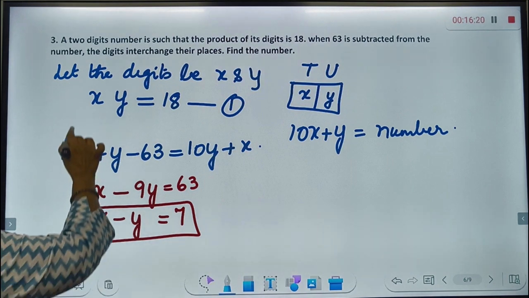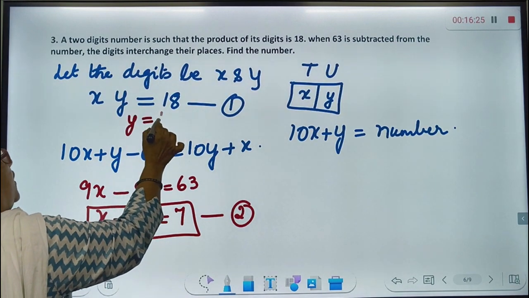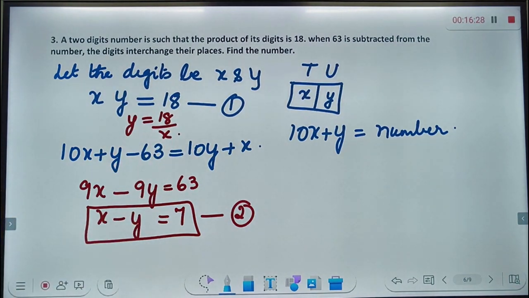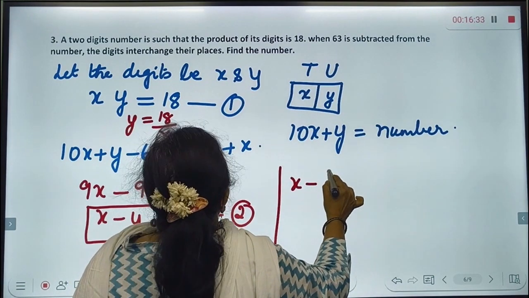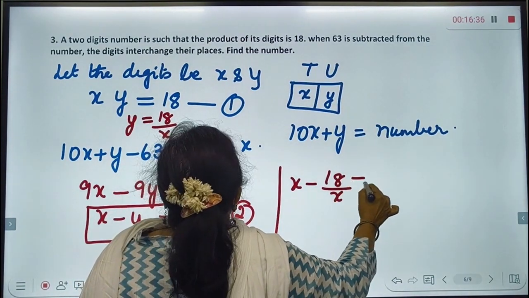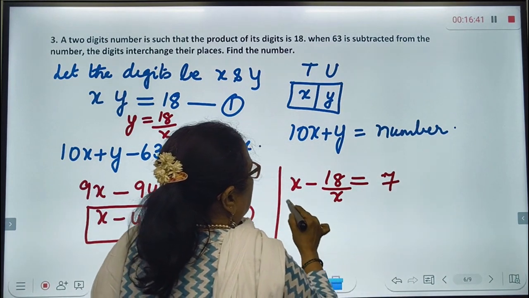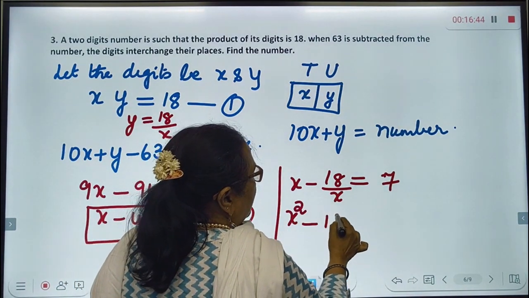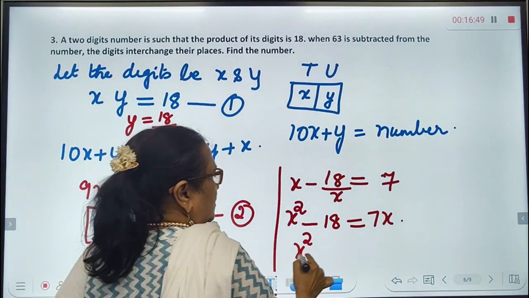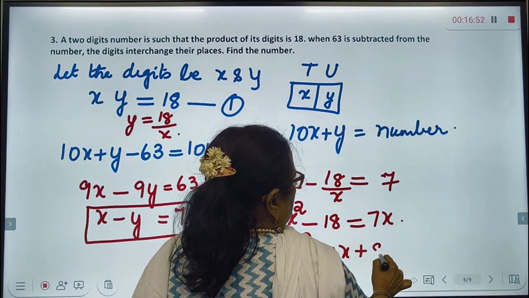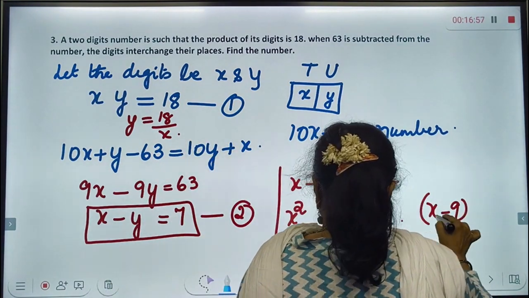How do we solve? I also have this equation. This is the second equation. From the first equation, I get y equal to 18 by x. Substituting for y, x minus 18 by x is equal to 7, since x minus y is 7. So, cross multiplying, x square minus 18 equal to 7x, or x square minus 7x plus 18 equal to 0. What are the factors? x minus 9,